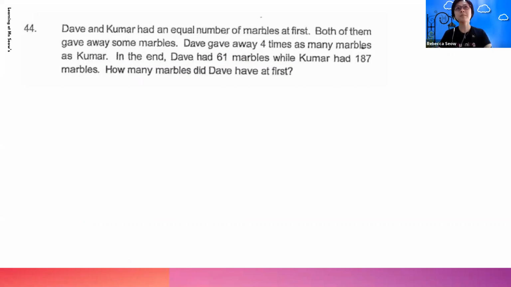So let's take a minute to work this one out. We'll leave the answers to the end. So if you have worked out any of the answers and you are not so sure whether it's correct, let's wait till after the discussion, then you will see whether your answers are correct.